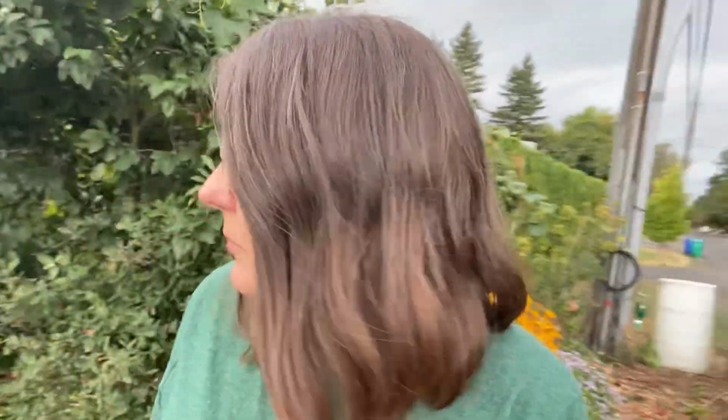All of the plum prunings are used for chop and drop. I don't have any extra wood chips right now, but in this dry weather they will turn brown very quickly. Just chop those up with my hand pruners and throw them back on the bed. Now this over here,